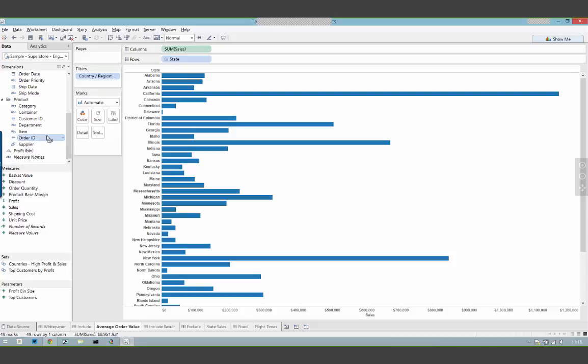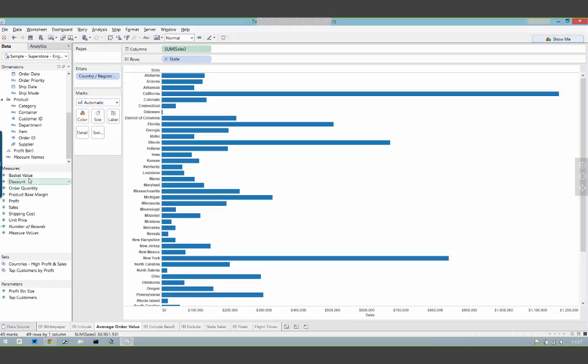So we'd have to bring out order ID into our viz level of detail to get the total order value, sum of sales, for every single order, which creates this weird stacked bar that really doesn't tell us much. Then we try and work around it. We do a table calc to figure out what the average was across all these orders, and then try to find a way to hide all these marks in order to get a nice, neat and tidy bar chart.